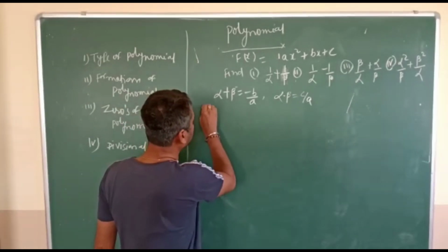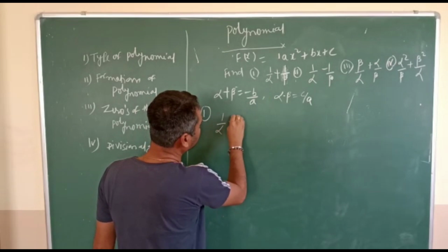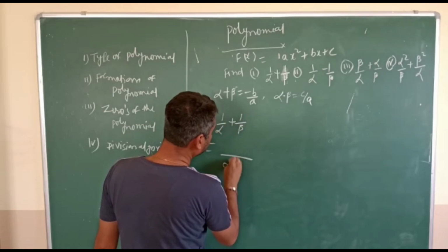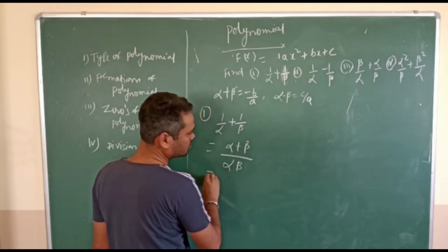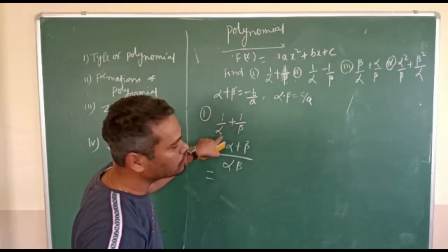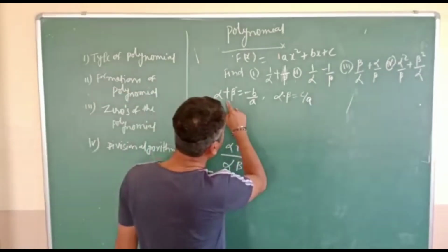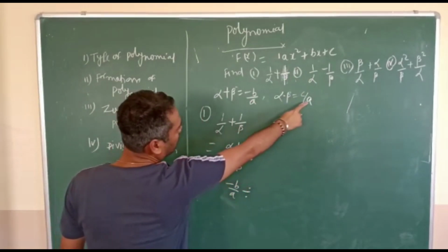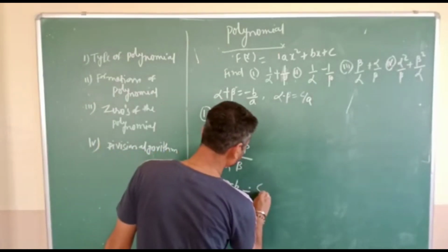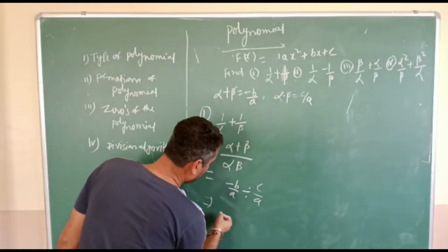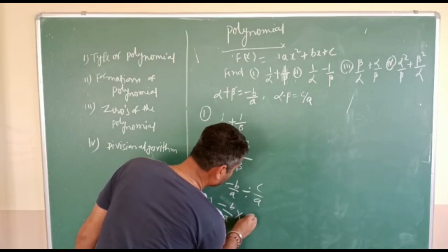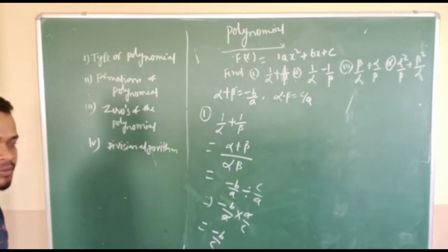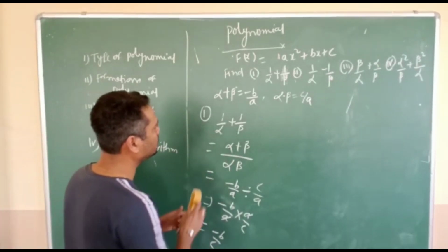Now have a look here. I am solving question number 1, where I need to solve 1 by alpha plus 1 by beta. Very simple. I will take the LCM. So in the denominator alpha into beta, and here I have alpha plus beta, correct? Beta into 1 is beta, alpha into 1 is alpha. Down we have alpha into beta. How much is alpha plus beta? Minus b by a, divided by, in the denominator, alpha into beta. How much is alpha into beta? C by a. So minus b by a into a by c. The a's go away, minus b by c is the answer. Done. Easy. Good.